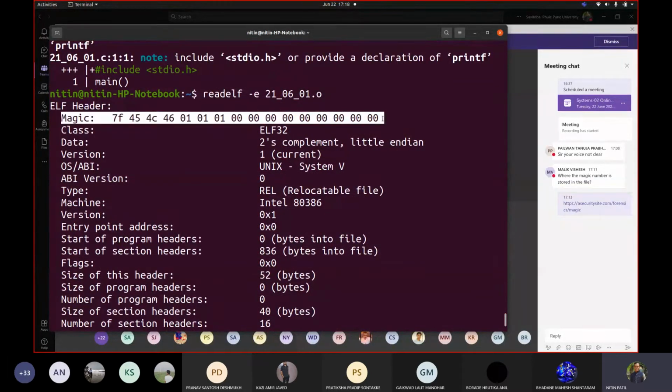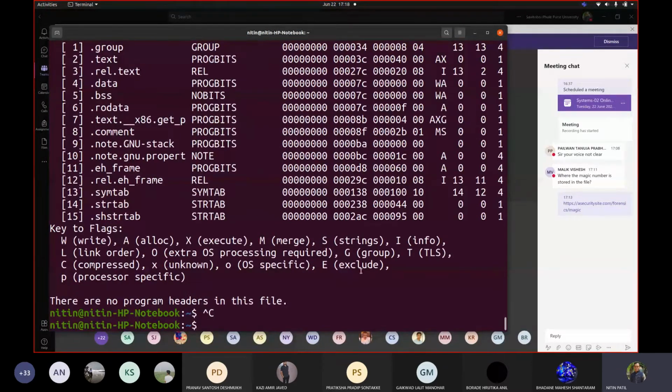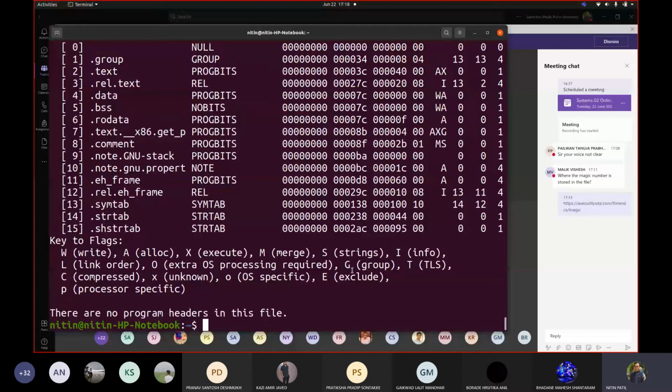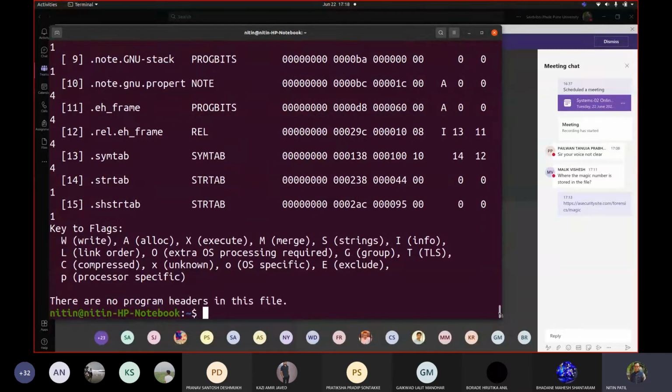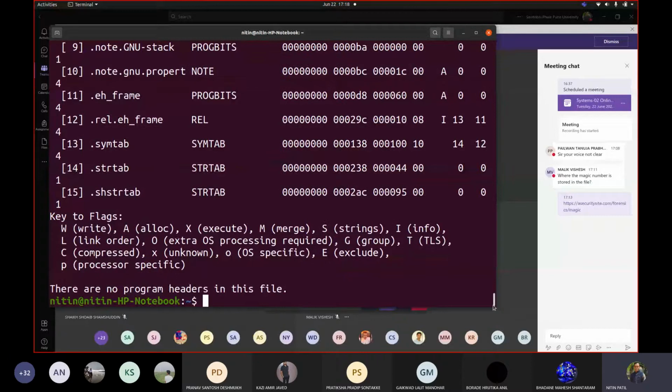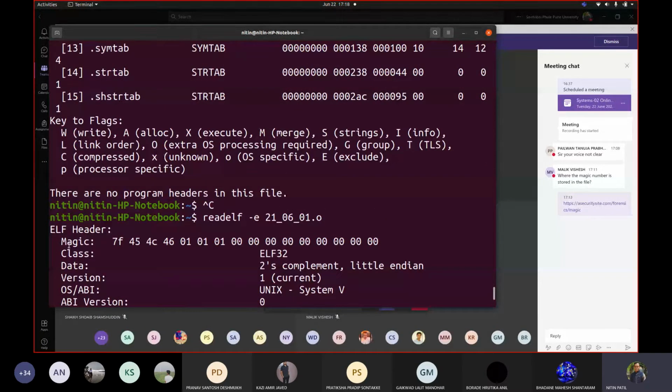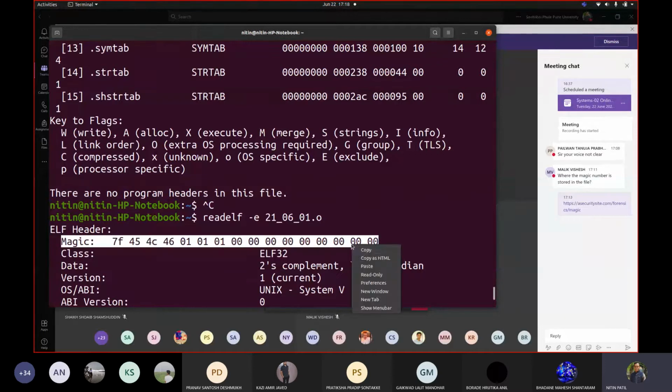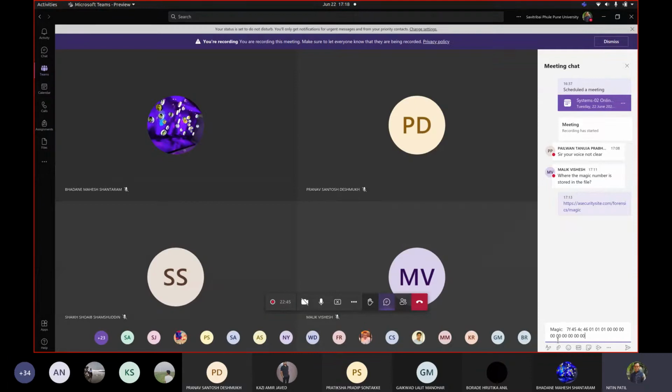So let me go back to the command output so that I can copy the contents. Yeah. So this is object code. So we will copy this, and I will paste it into the chat window so that you all can see this is a magic number for an object code.